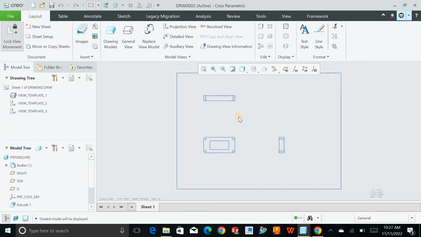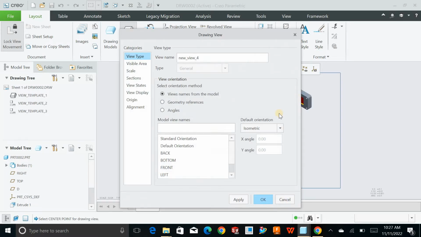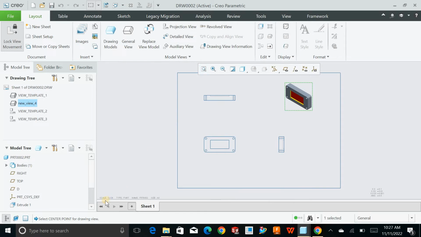Creo Parametric will automatically detect the basic views for you, which are the top view, front view, and the side view. You can create the isometric view by just clicking on the general view, say OK, click somewhere on the sheet, and make sure it is isometric. This time, I will just say OK. You can scale up by 0.04,